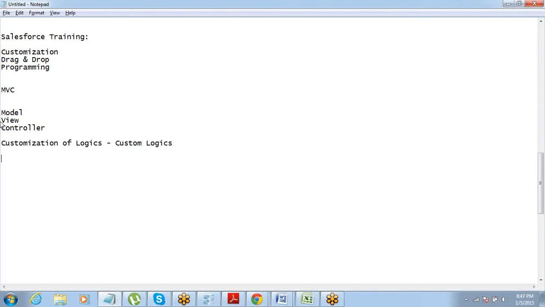So this customization of logics, while we are talking about this, we are basically talking about four things. Number one is formulas. Second is validation rules.